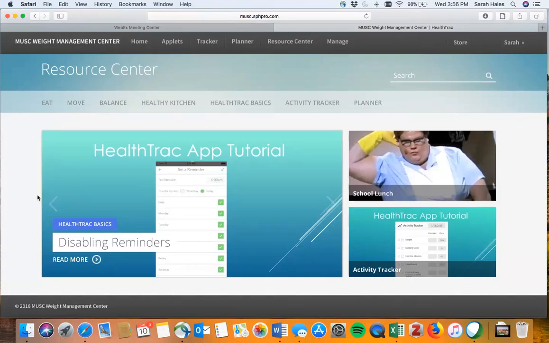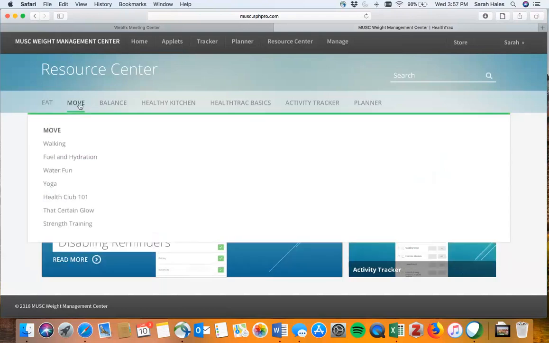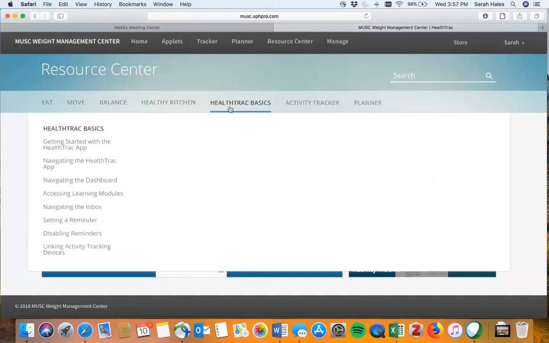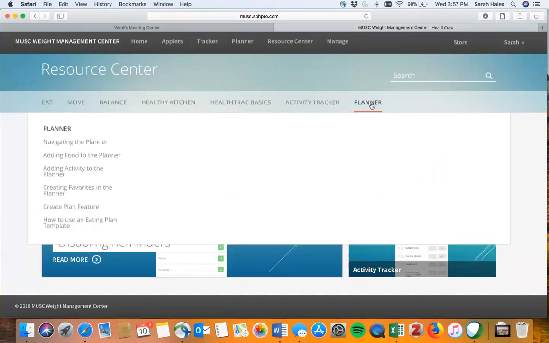So here you go. You can see all of this extra stuff, all just extra stuff that's here on the Resource Center and the website and the app. This is all, again, in addition to what we will be sending you in the lessons each week at the beginning of the week, and in addition to what you'll be getting as far as individualized feedback via messages. And just to show you where those are again,